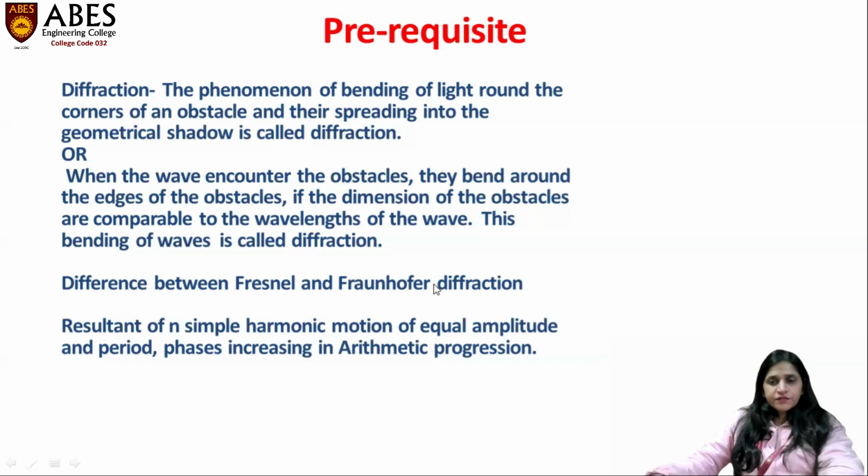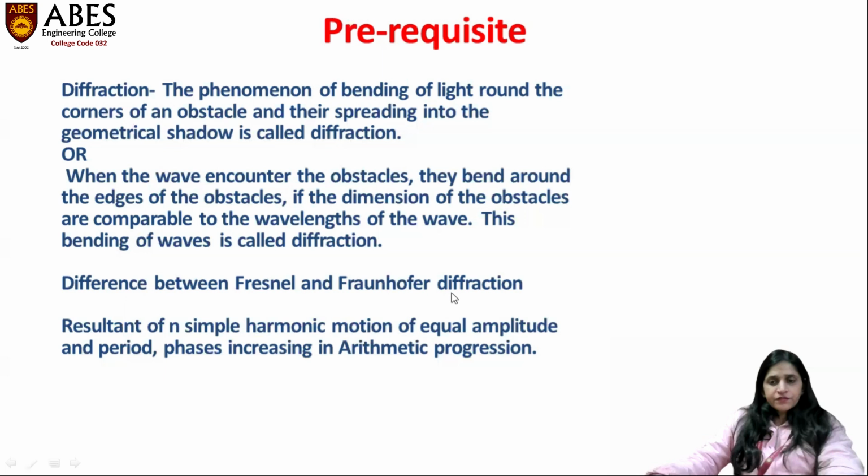But in the Fraunhofer class of diffraction, the source and the screen are effectively at an infinite distance from the diffracting element. It is observed by employing two convergent lenses, one to render the incoming light parallel and the other to focus the parallel diffracted rays on the screen. So in Fresnel diffraction, lateral distances are important, and in Fraunhofer, angular inclinations are important. We should know the difference between the two. Here we are going to use Fraunhofer diffraction to study the diffraction pattern.